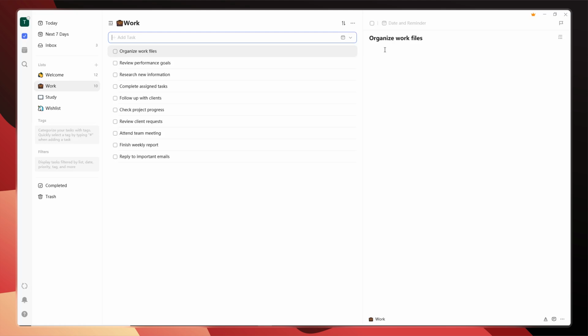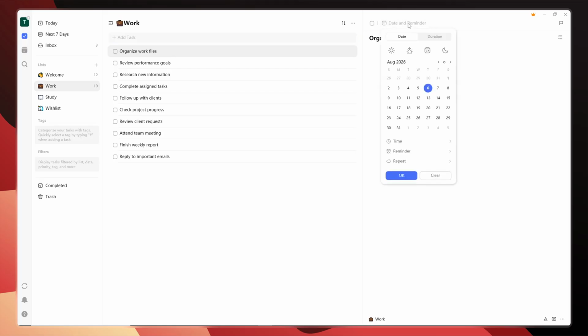Now here's where you'll set up the recurring schedule. Look to the upper right corner of your screen and click on the Date and Reminder button. This opens up a menu where you can configure when and how often your task should repeat, which is essential for managing regular responsibilities. In the calendar picker that appears, select the due date for when you want this task to first occur. This acts as the starting point for your recurring schedule and helps TickTick understand when to begin